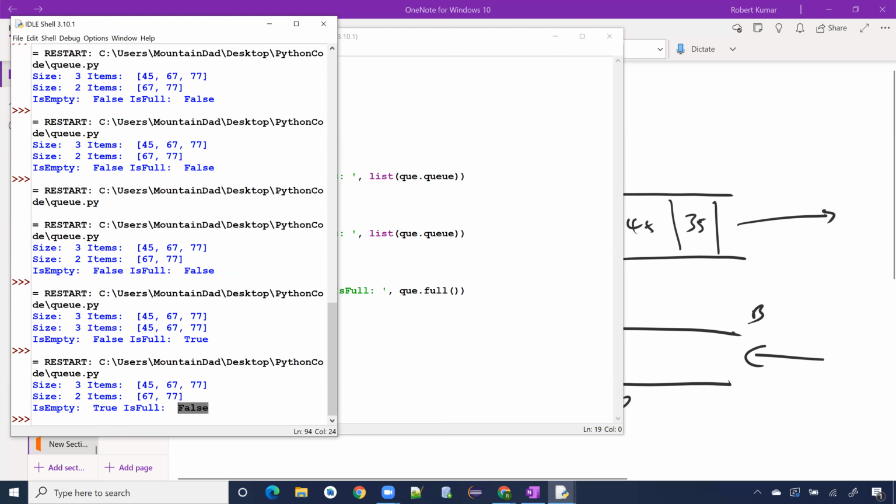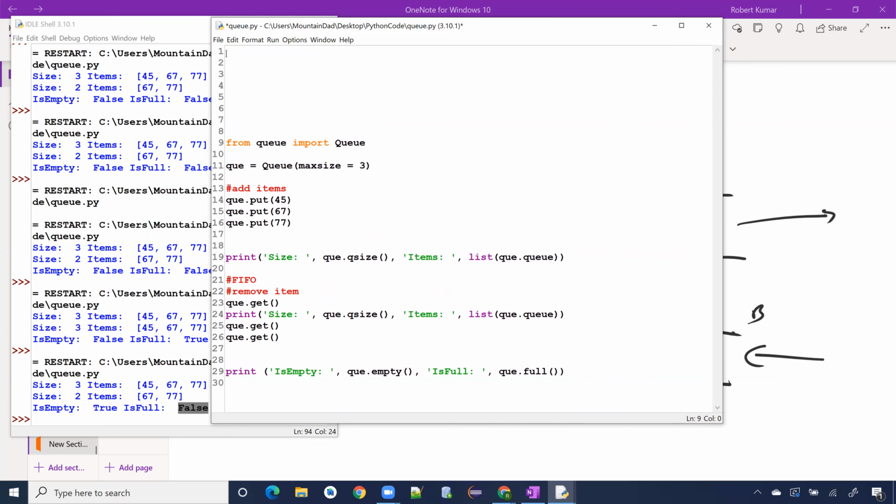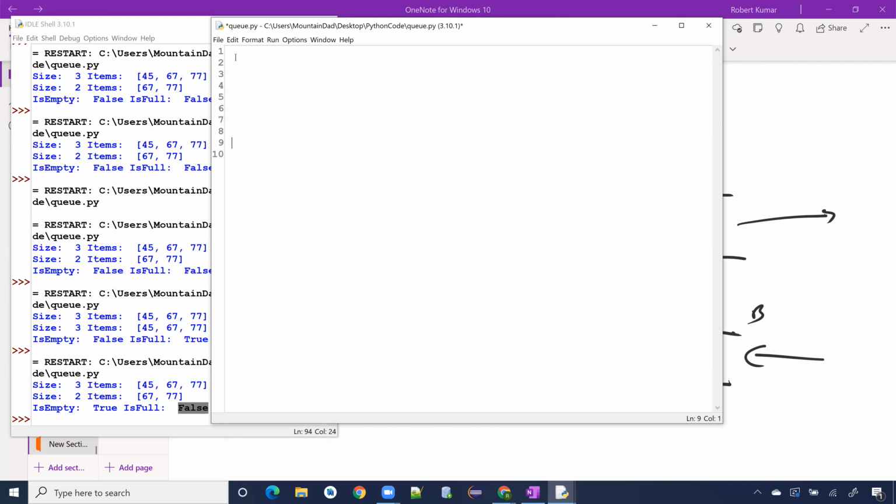So queue is a neat little tool that you can use to implement various things in Python. The other tool that's also there, which makes it easy and could be part of queue, is called Deque. I'm going to move this down a little bit, and I'm going to put my Deque demonstration on top. I wonder if I should just take this out, because I don't need this anymore, and I don't want to mix this up together with anything else. So this would be a demo of how